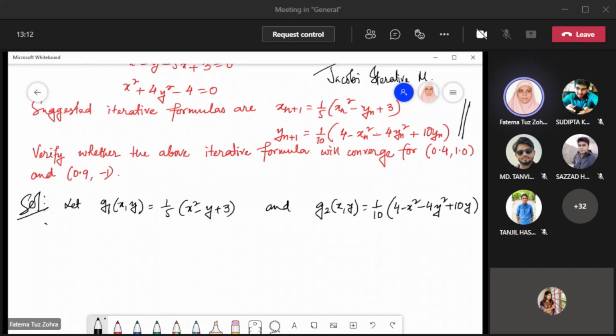I need the partial derivatives: ∂g1/∂x, ∂g1/∂y, and in the same way ∂g2/∂x and ∂g2/∂y. So go ahead, have the values. So ∂g1/∂x, the value is